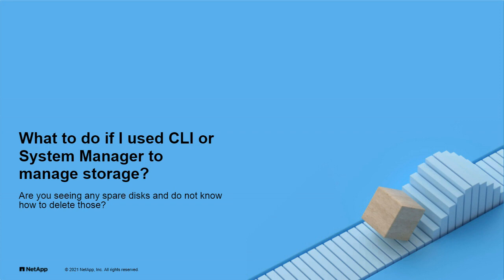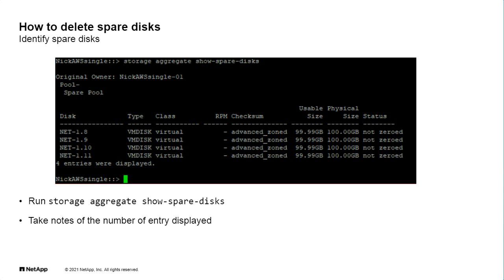So first thing you would have to do is identify those spare disks. To do so, you will want to log in first in your CVO CLI and run a storage aggregate show-spare-disks. This command, a really easy command, will display all the disks that have been labeled as spare in your environment. In this case, we can see that I have 4 entries displayed. So this means that I have 4 spare disks in my environment. I do not want to keep those disks. So how do I